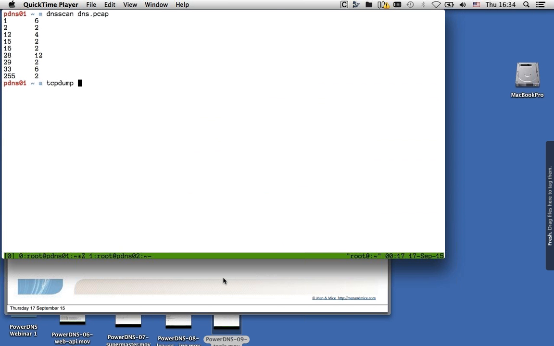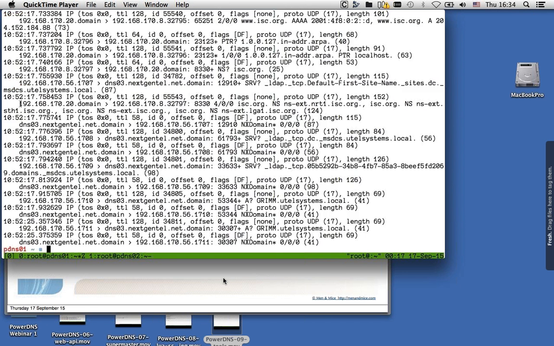So the next tool is the DNS washer. In order to show what it does, I'm first using tcpdump to read the PCAP file and print it out. So in the PCAP file, we have IP addresses, which in some countries are personal data. So you have to be very careful what to do with these kinds of files and how to share them